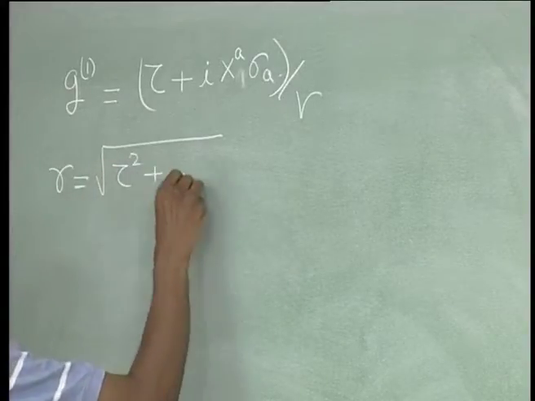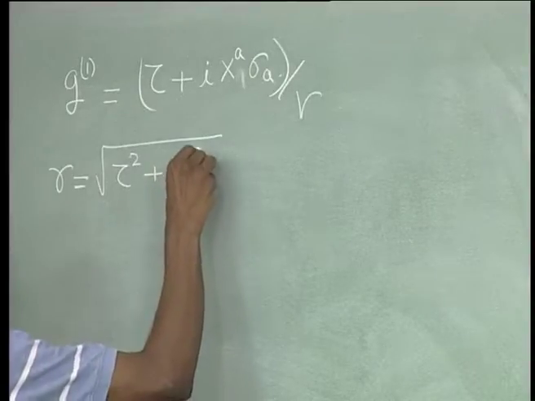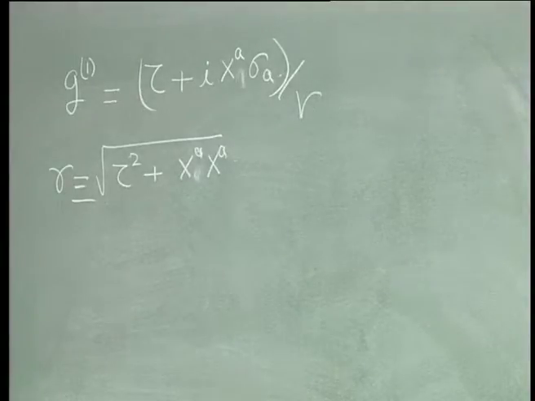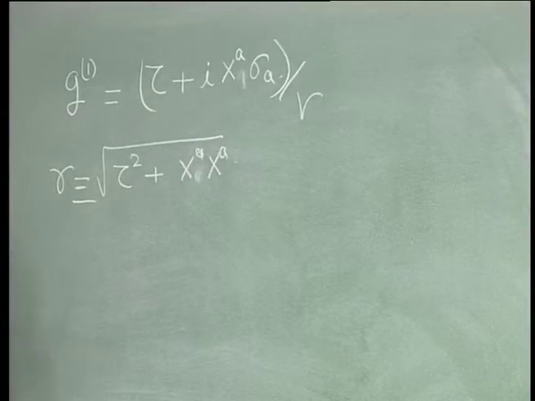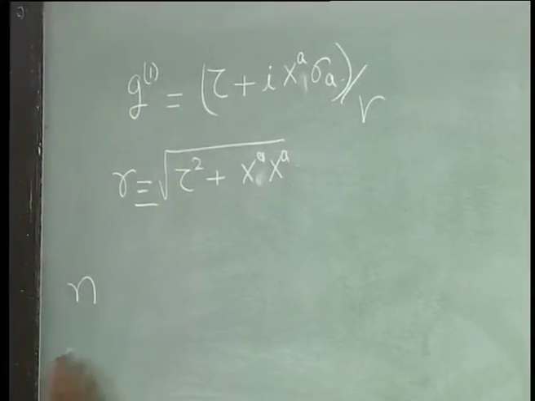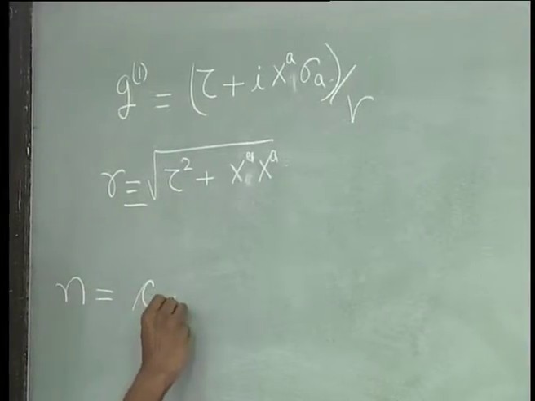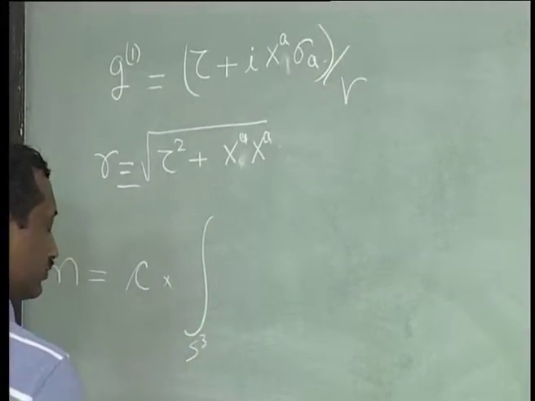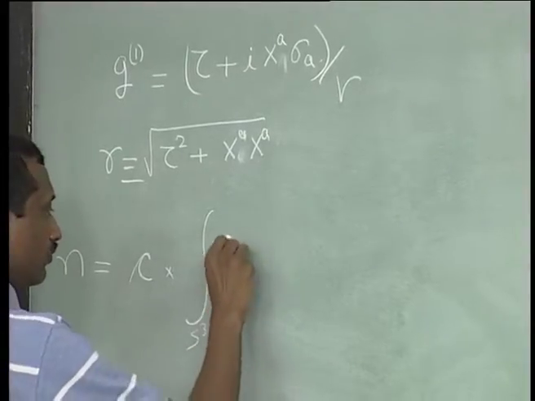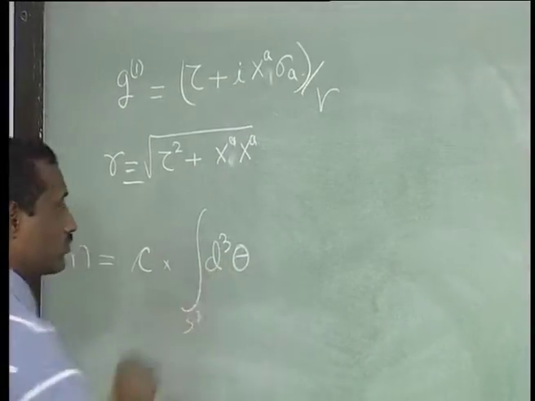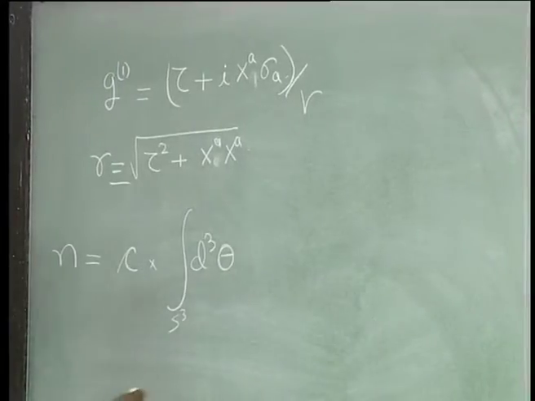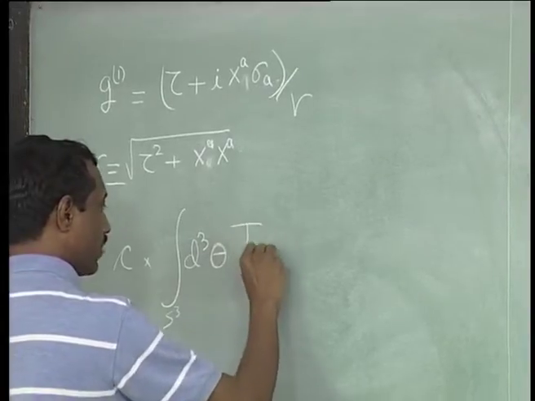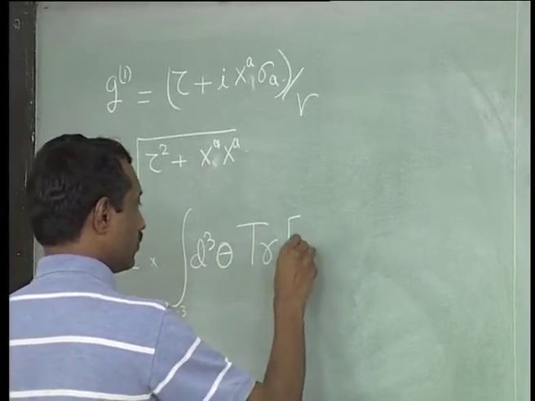But anyway, so this is the definition of R, and the idea was to define n, the winding number, to be some constant times the integral over the 3 sphere, some bunch of coordinates thetas. I gave you an explicit representation of that last time, and times the trace of